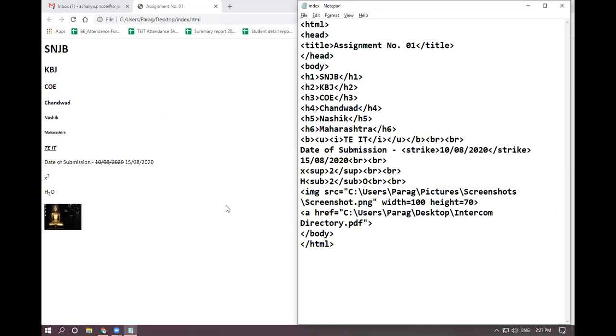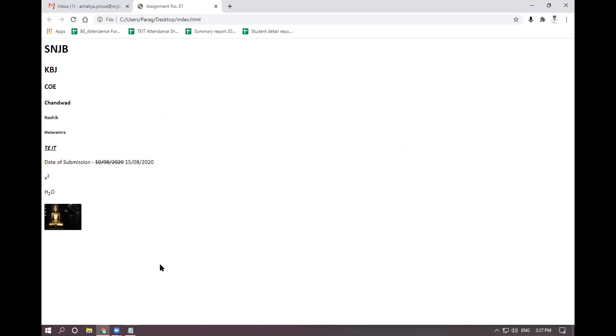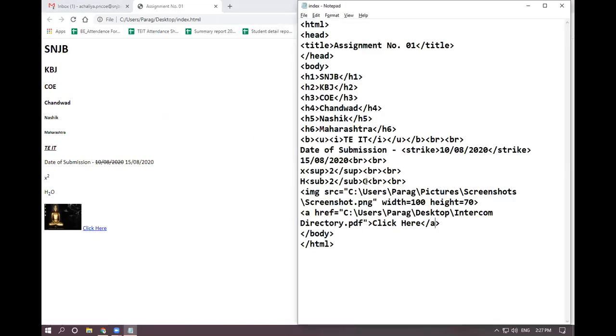So after saving this, you need to give the text. Suppose the text will be click here, and you need to close the anchor tag. You need to close the a tag here. Now you can see the text click here. Okay. Let me take it on a new line, where it is image.